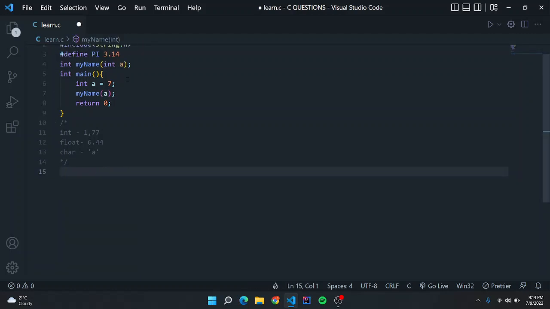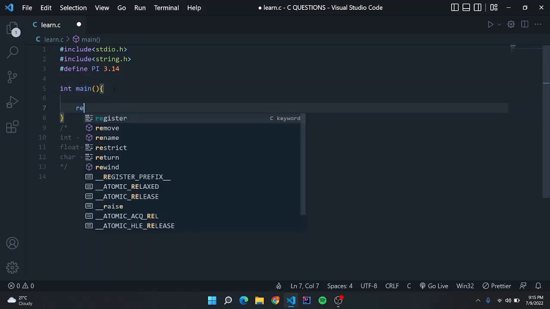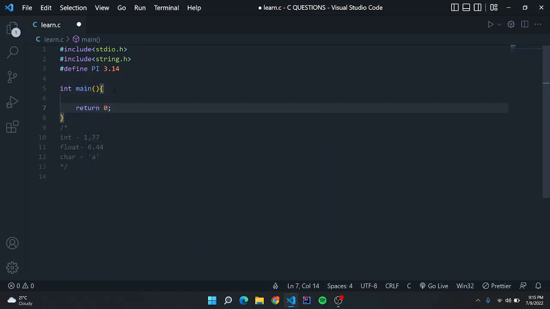Now this is just the basics, and you can do all the stuff. For the basics, you can stay with this. If you want to learn more on C,